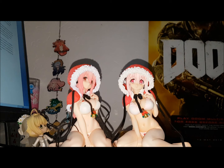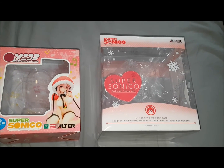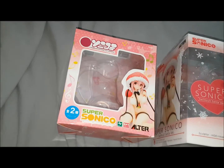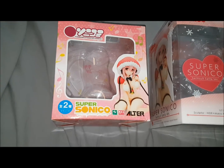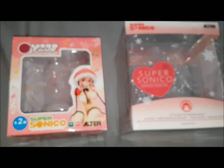Now I will show you the major difference of the boxes. So here you see the boxes. On the first side you will clearly notice that the right one looks way better. It's more see-through than the left one. There's also a blue version of the bootleg box, this one. This is a bootleg box, which mimics the original company. But the mark should be from Alter, which you can clearly see on the legit one. The company did not produce this. Well, anyway,